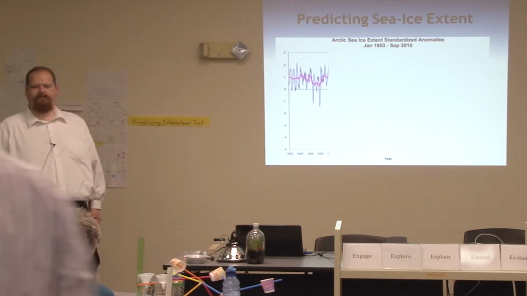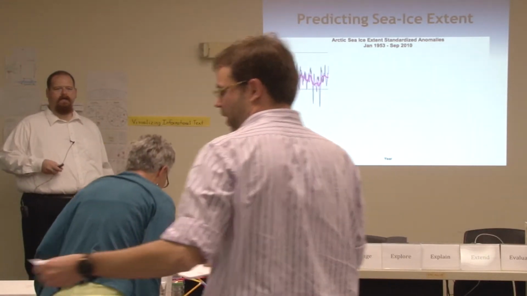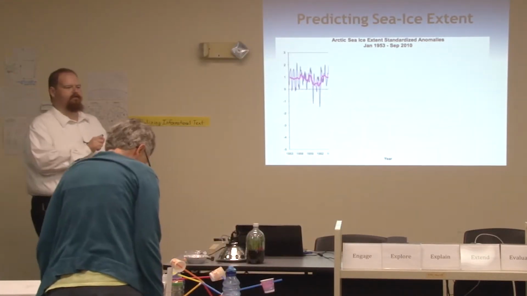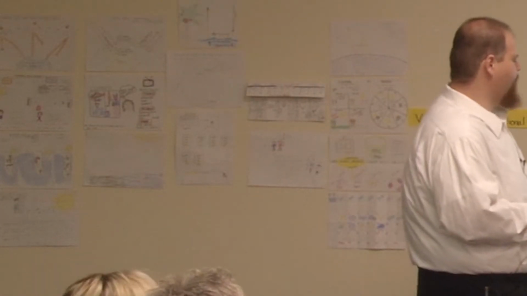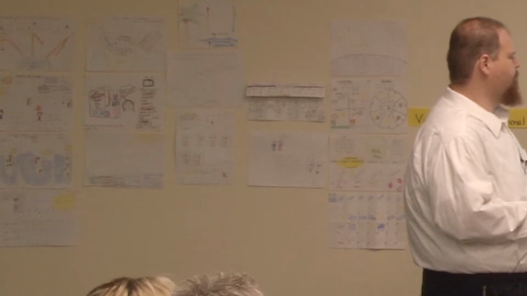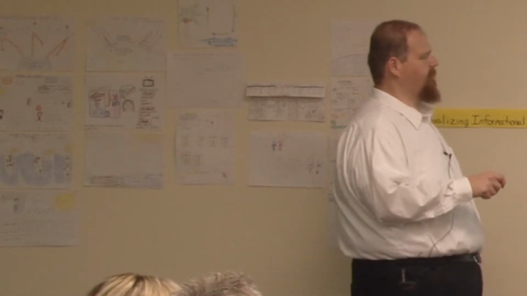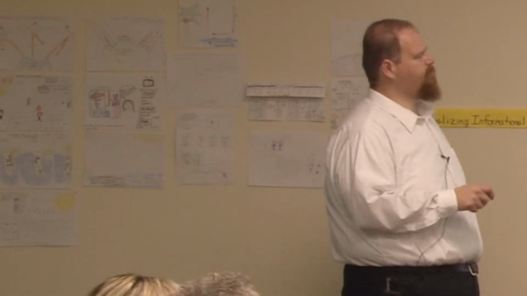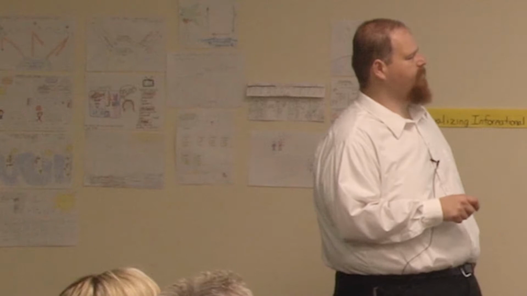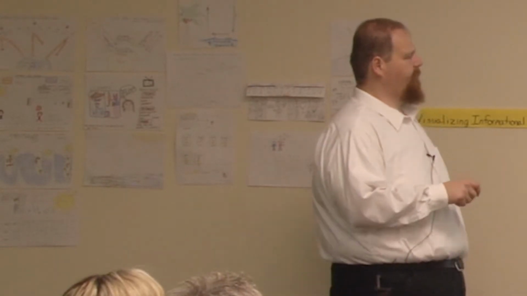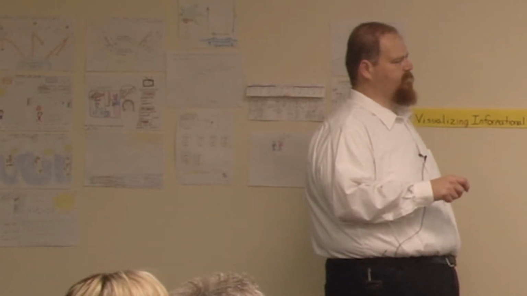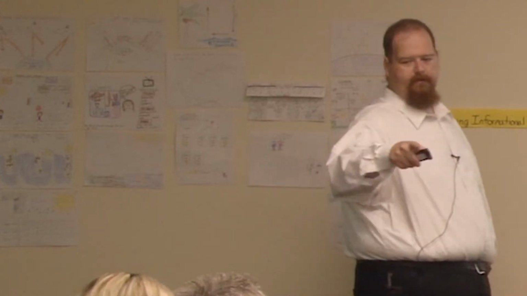So Jason's going to pass out these little cards. Keep them closed. All right, so this is the information that we have from the early 1950s through the early 1960s. And I took the units off of this. This is just a standardized scale here to show you how much sea ice extent, these standardized anomalies in the early 1950s and 1960s.